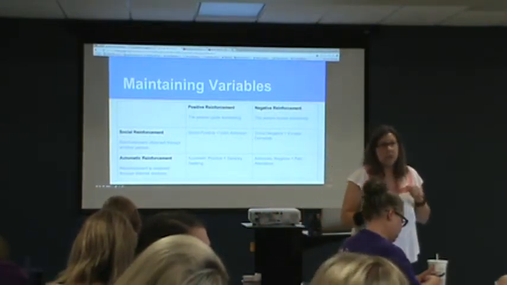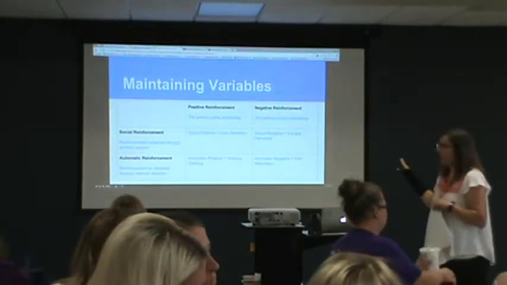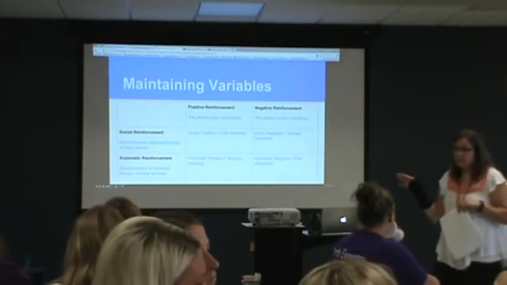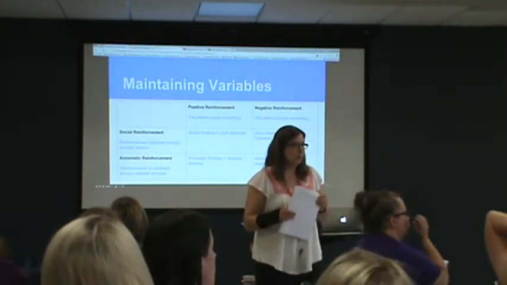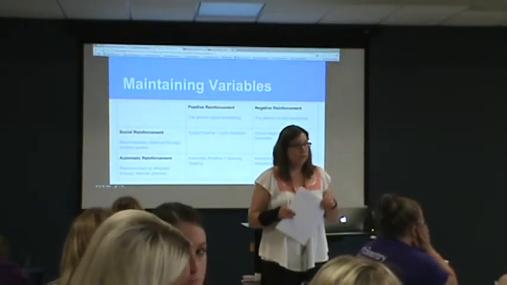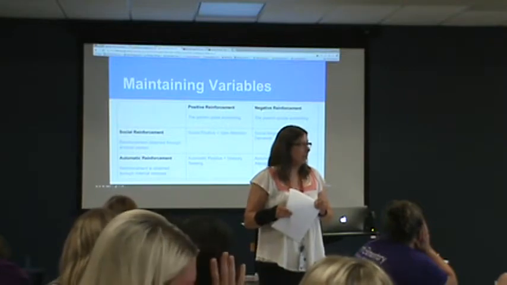So I think with our time, you can actually just pick one. So pick one of these. So social positive, social negative, automatic positive, or automatic negative. Come up with some antecedent interventions, come up with some consequence interventions that address that function. Make sense? I'll come around and help out too, as will my